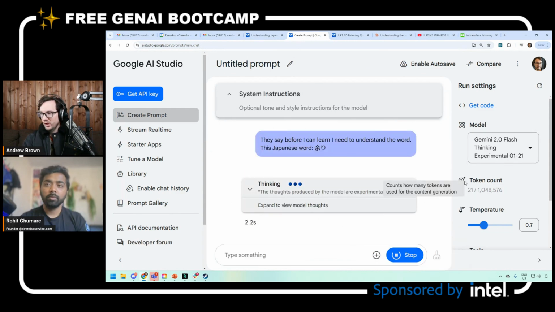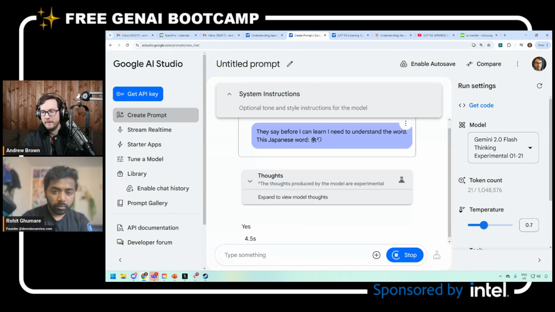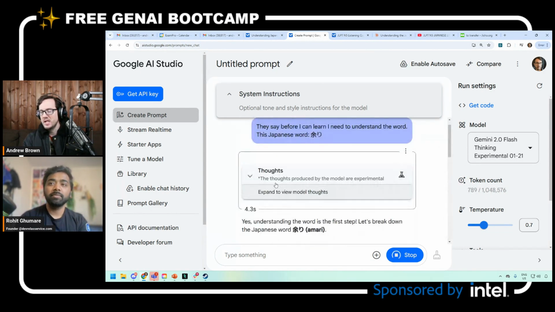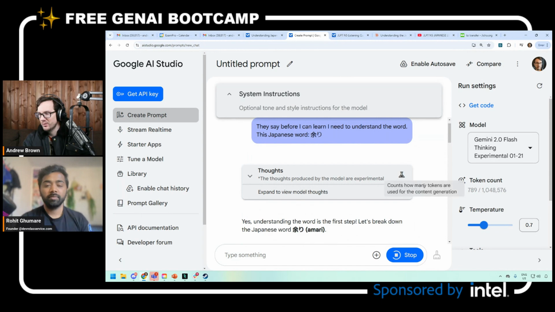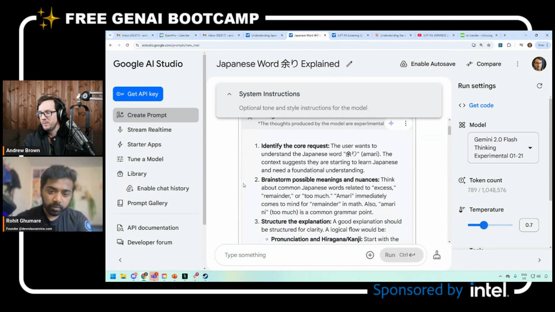I like how you can really see what tokens are going on. I love that. Other ones don't make it as clear. I guess they do in their interfaces, but right here on the right hand side makes it really, really easy. So let's expand it and see what it's trying to ask.